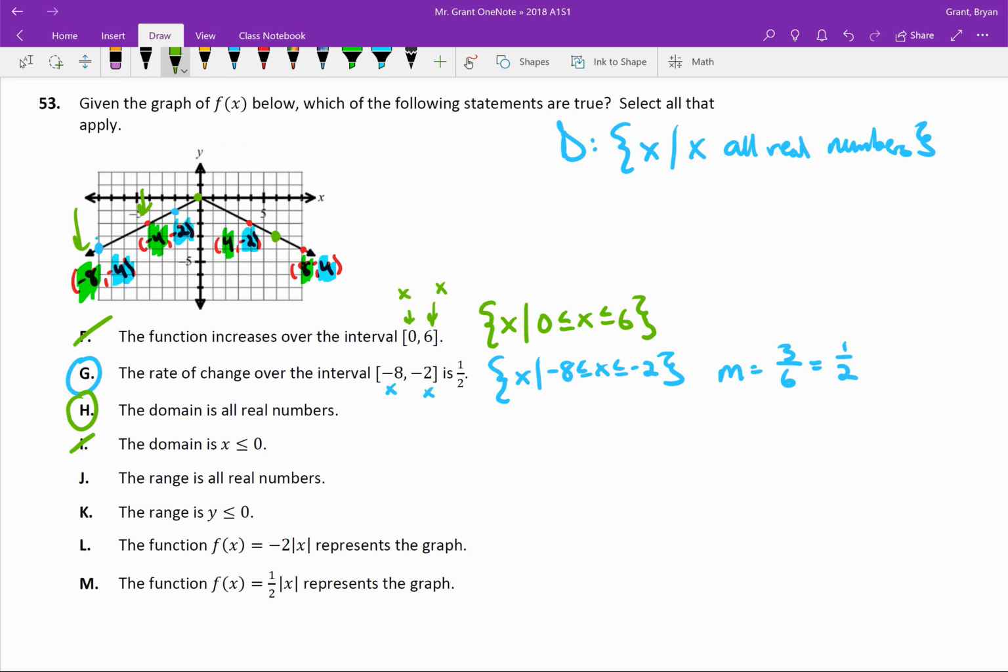Then we look at the range. The range is all real numbers. Well, all real numbers would mean you can have any y value on there. And we have negative y values. These are also negative y values. Are there any positive y